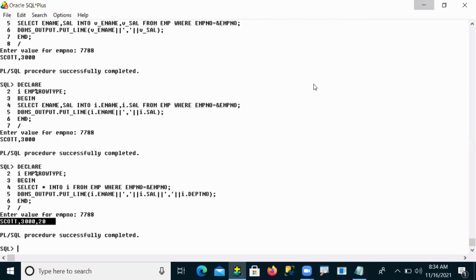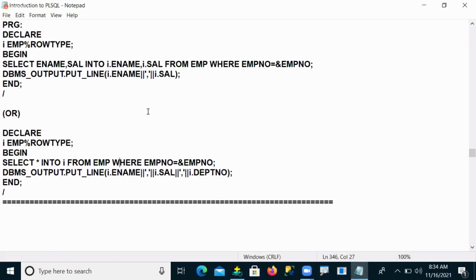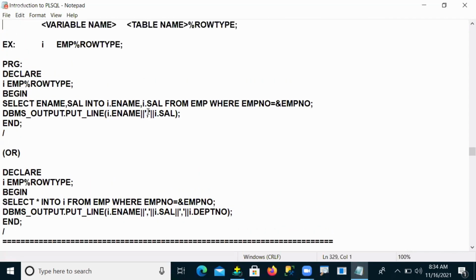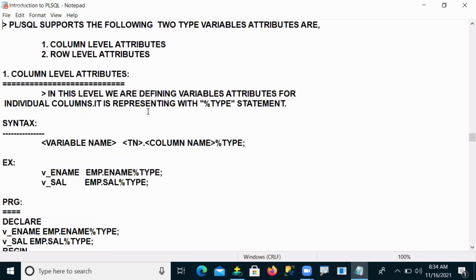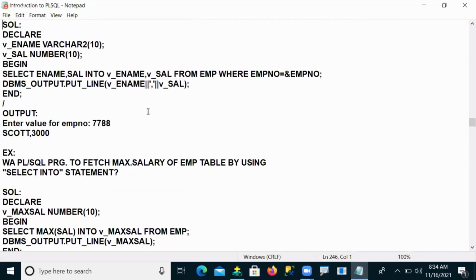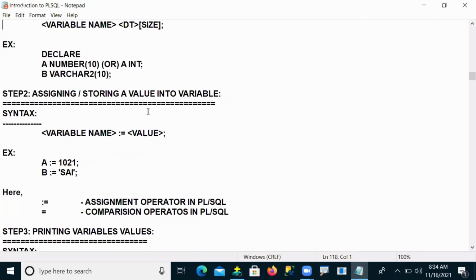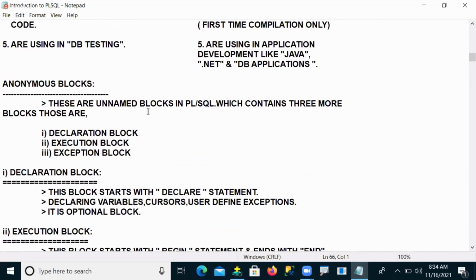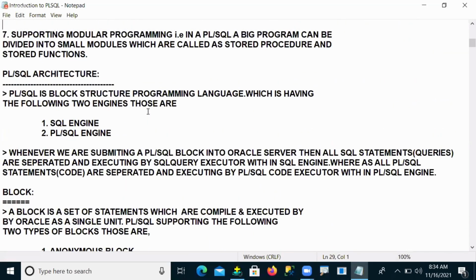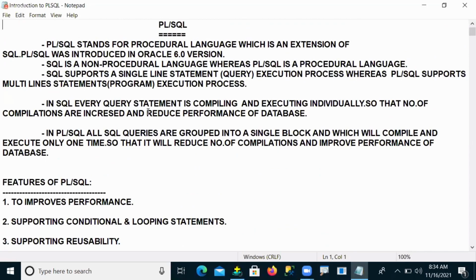So this is the introduction part of your PL/SQL language. Completely, whatever we discussed is the introduction part of PL/SQL. This is a document, these notes, I'm going to upload in Google Classroom. Once it is received, take some practice on the basic examples I have given in it.